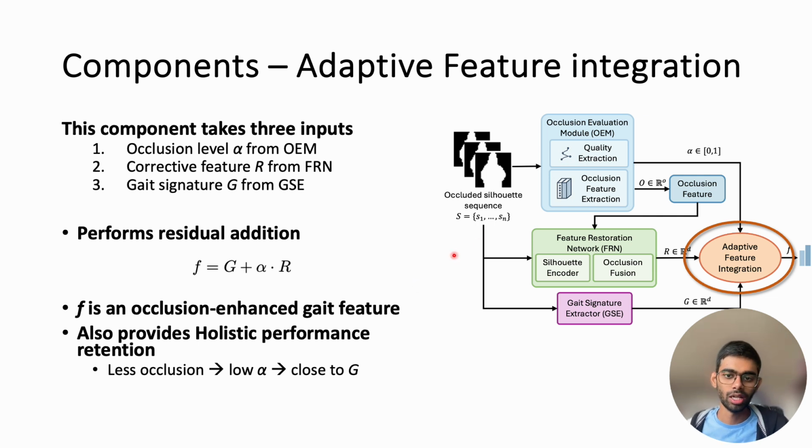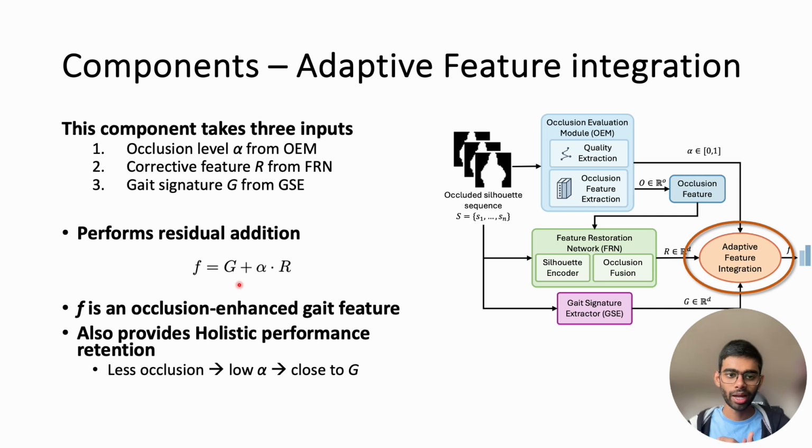So the feature integration module, which I've circled here, takes the corrective feature R, scales it by the scalar alpha, and then adds it in a residual manner to the original gate signature G. That's how we get the final feature. The final feature F is an occlusion enhanced gate feature, which also ensures performance